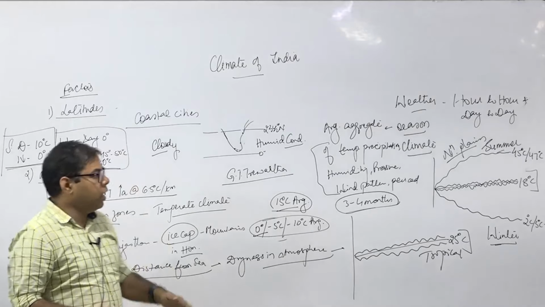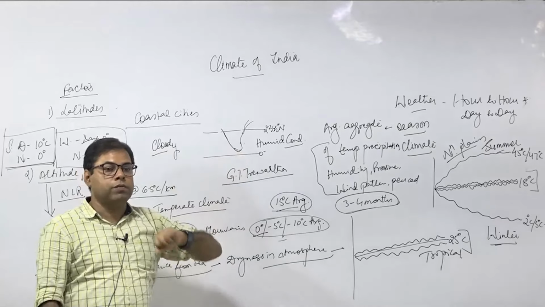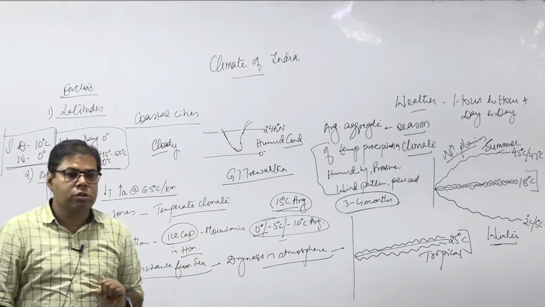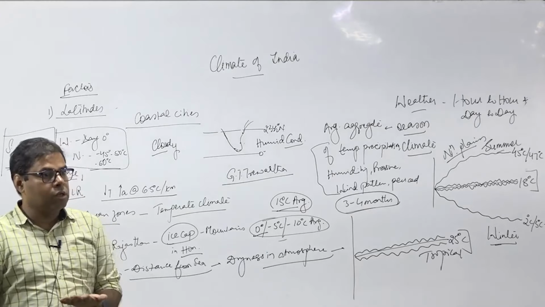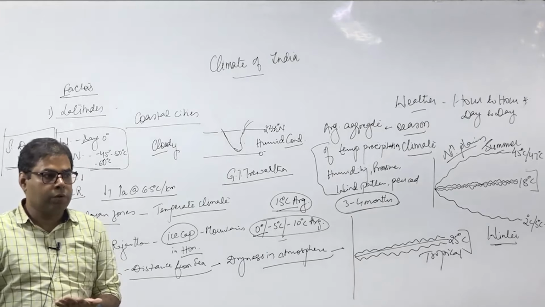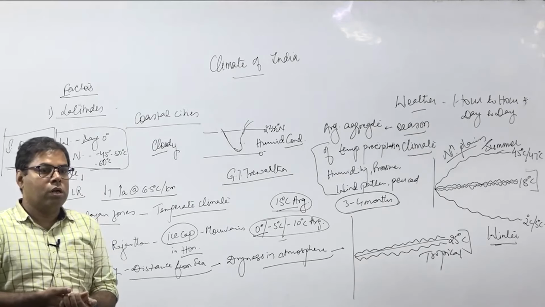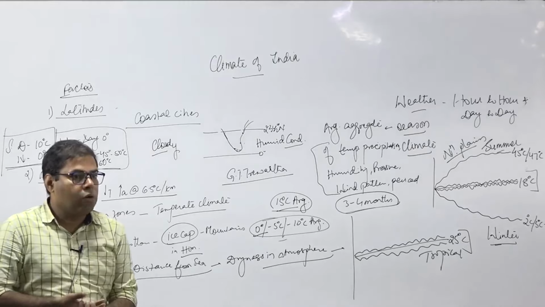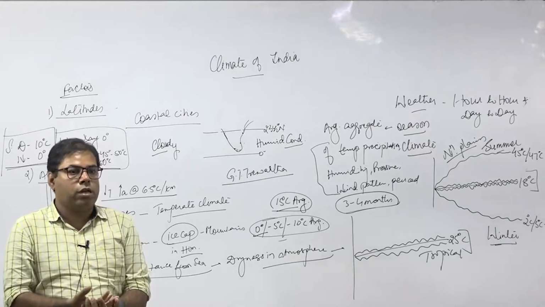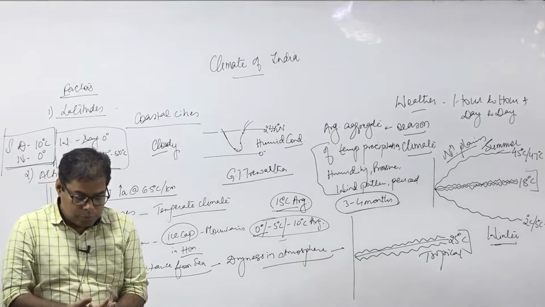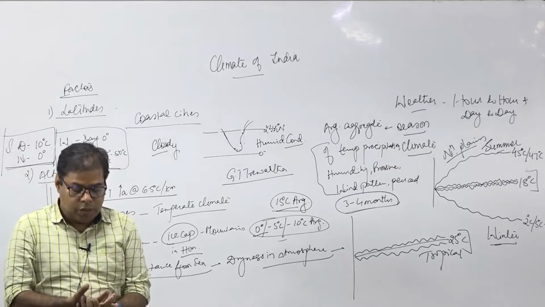Clear? Latitudinal location, close to the coast. What is the impact of the location on the coast? Because insolational heating of the water is more. Albedo का concept बताया था आपको. We discussed the concept of albedo. So what is the albedo of water? Only 5%, 10%, means it reflects only 5 to 10%. Rest it absorbs. More absorption means more heating. The heating of the water will take place, then it will become warm.